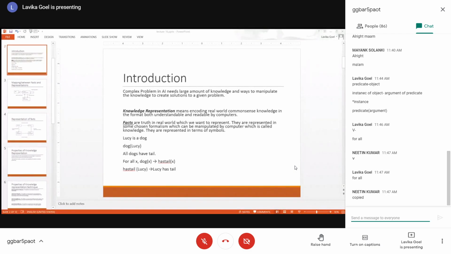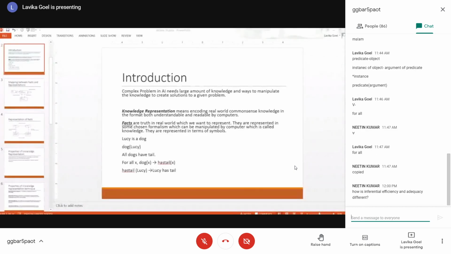Okay. So domain knowledge means, can it infer something which is the default information available to you? The default information or existing fact is that all dogs have tail, right? So even if you don't specify this explicitly, from the domain of the problem, can it represent the knowledge in such a way that it can get some additional information? If it gets the additional information that all dogs have tail, then it can infer that Lucy also has a tail without specifying this sentence explicitly, right? If it is able to do this, then it has the inferential efficiency also.